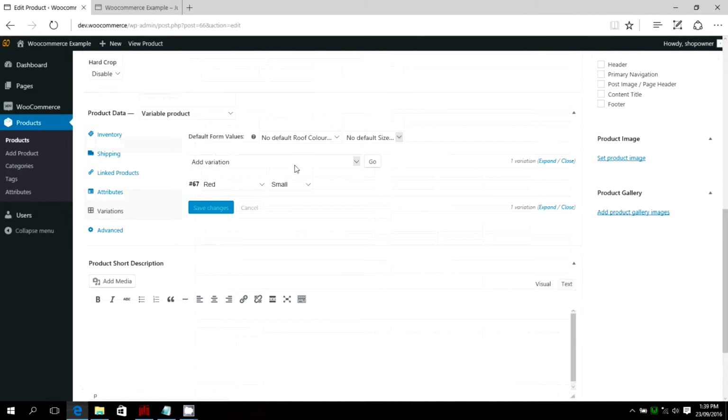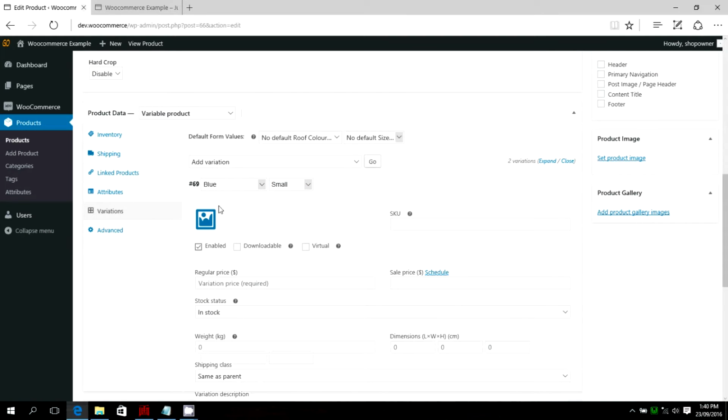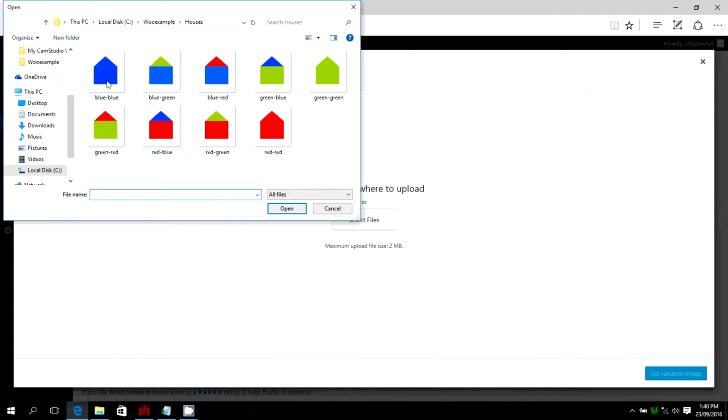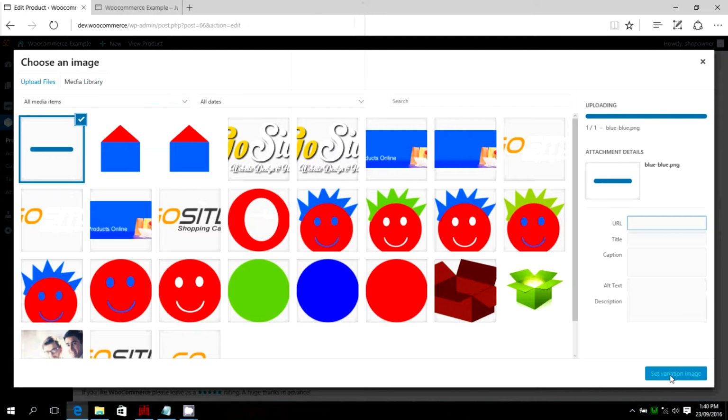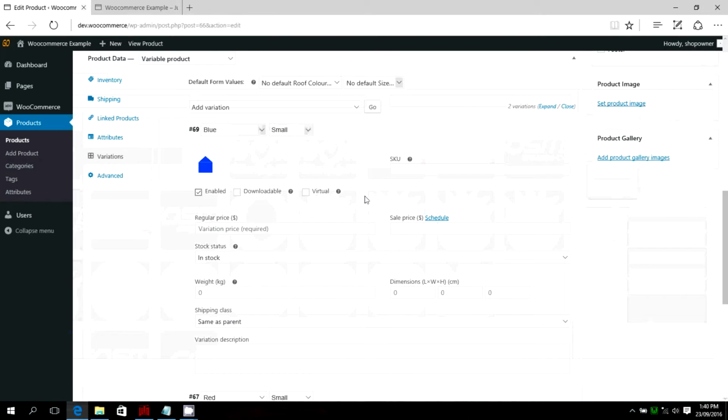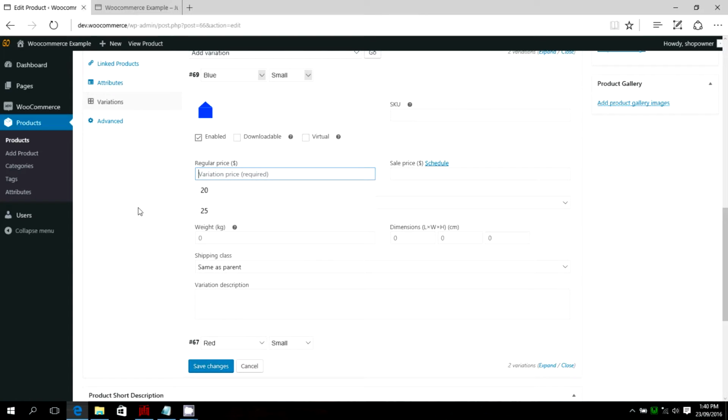Okay. So now what we're going to want to do is add another variation. Where it says add variation, just simply click go, and this time we want blue roof on a small house. And then we click on here. We upload our image, blue roof on a blue house. So it's selected. Come down to set variation image, and there's our blue house, and the price for that is also $200